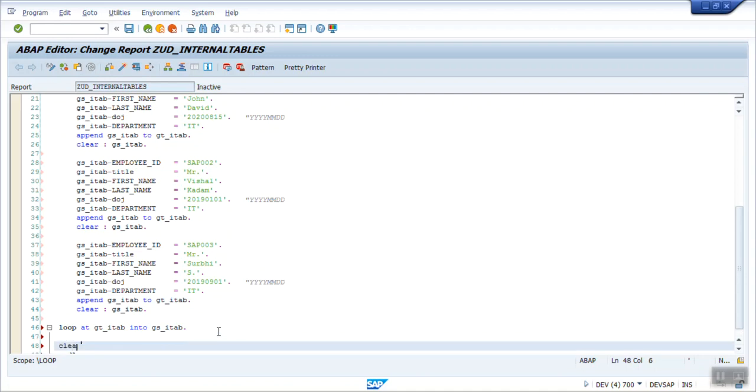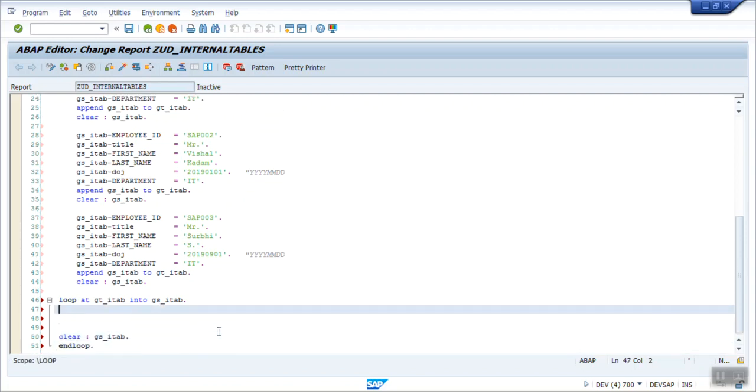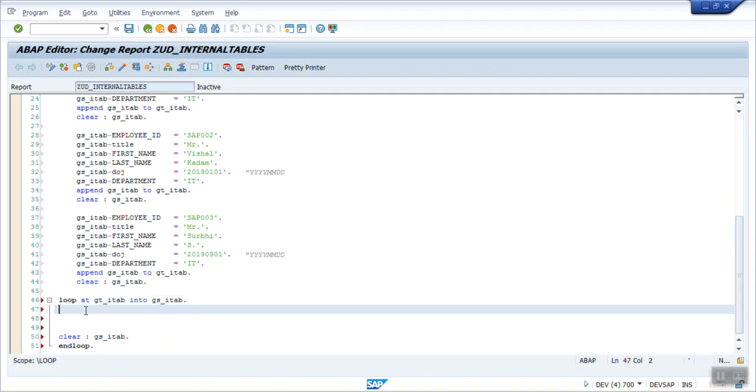Now inside this, always clear the work area at the bottom. When we make a loop, one by one all the records come into the work area. Then between loop and endloop we can write our logic or operations we have to perform. Then after finishing the first record it moves to the second record.